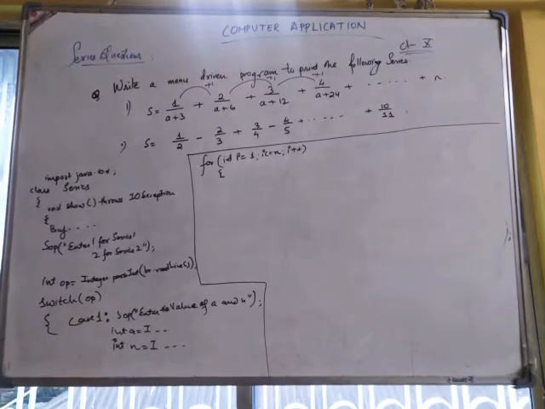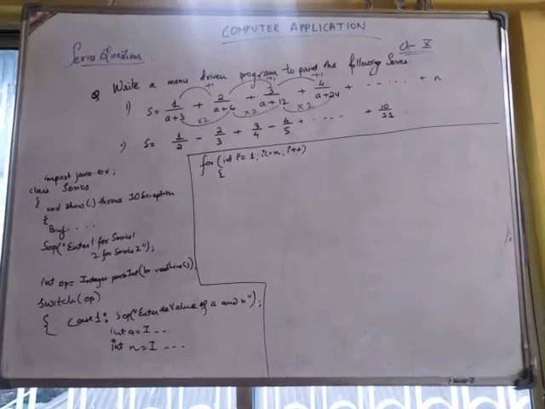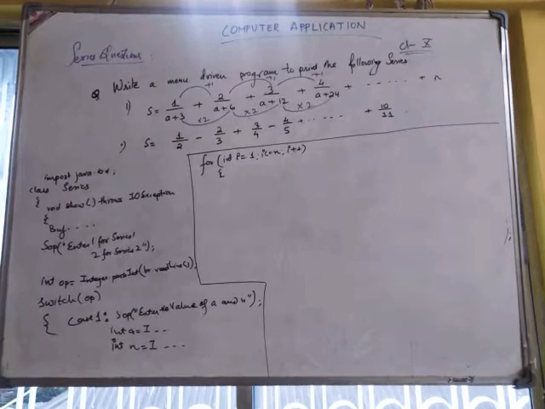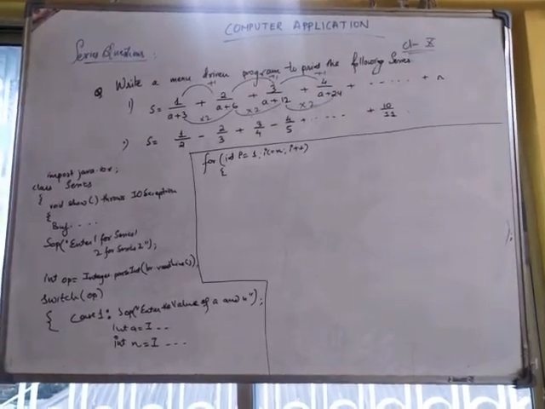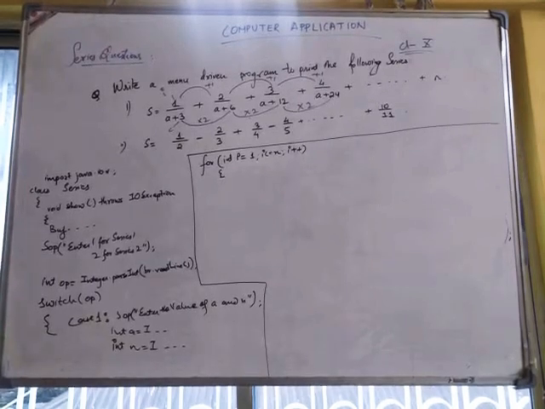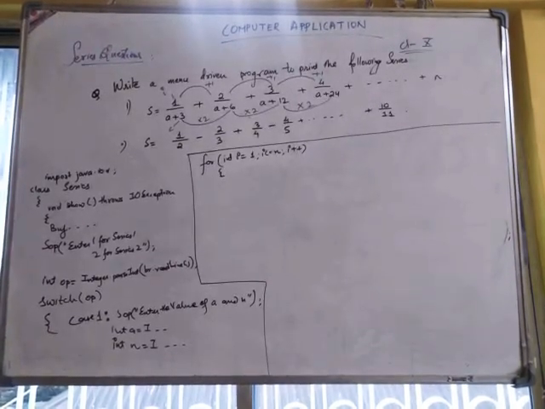Now, what to do with the 3, 6, 12? We are not getting a particular sequence with the up term, but can we get a sequence in the down term only, like 3 and 6, 6 and 12, 12 and 24? Are they related to each other? Yes, we have a sequence down also. 3 to the 6, 6 to the 12, 12 to the 24. So the down terms have a sequence of multiply by 2. Up term we have taken i, down term we will take, let's say, a variable c. Clear, all of you? So c value should start with 3. Inside this case 1 I will take int c equals 3.